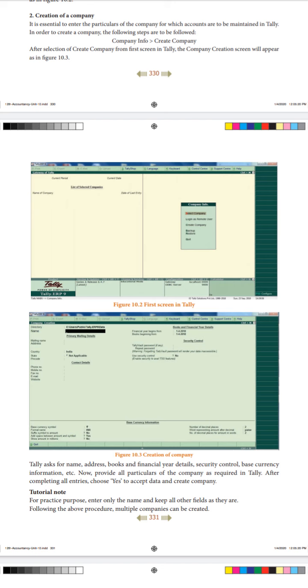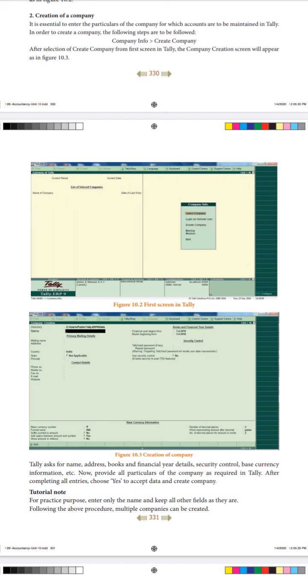And if you are going to create a company, your creation of a company picture will be like picture 10.3, right? Once you click on Create Company, you need to update the information like the name of your company, address, what books are going to be created, basic financial details, who all the users who can use this information, and basic currency information.